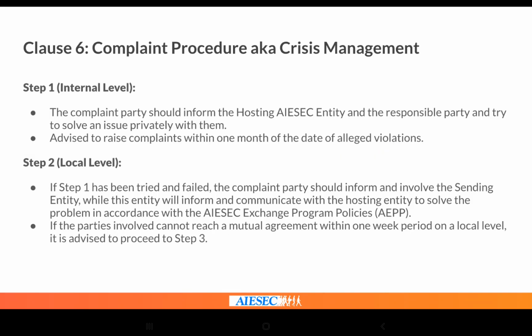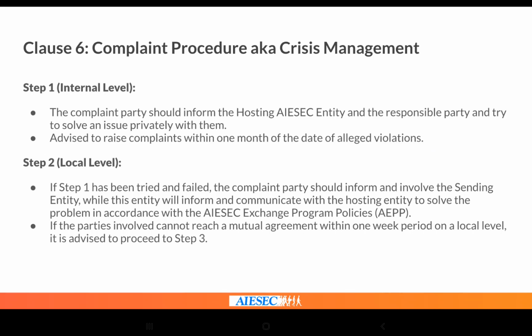Okay, complaint procedures, aka crisis management. Complaint procedure means if, let's say, there is a certain issue that the EP would like to complain about, or they are facing a certain crisis, these are the steps that the EP needs to go through step by step. It's listed in the EP agreement, so they have to follow.